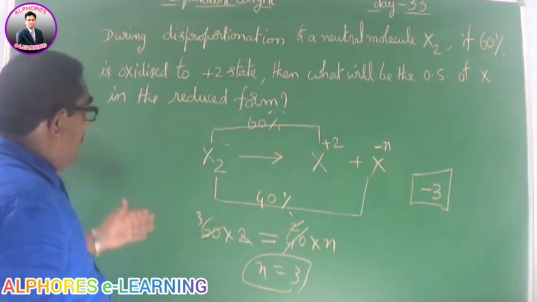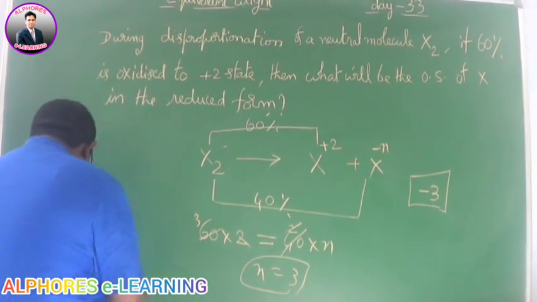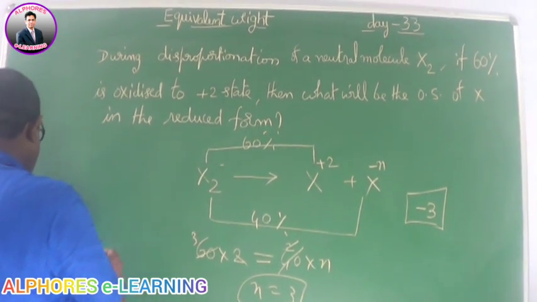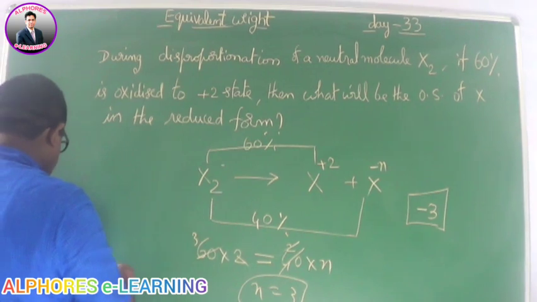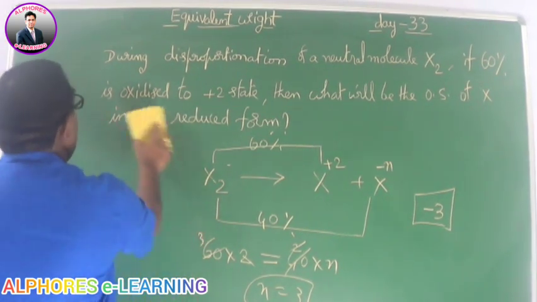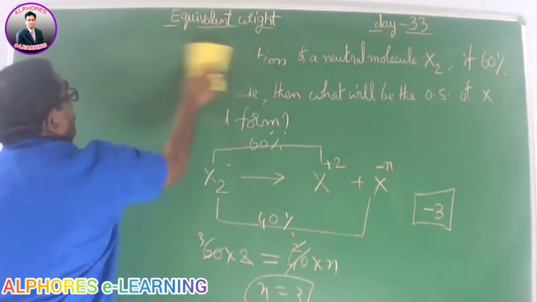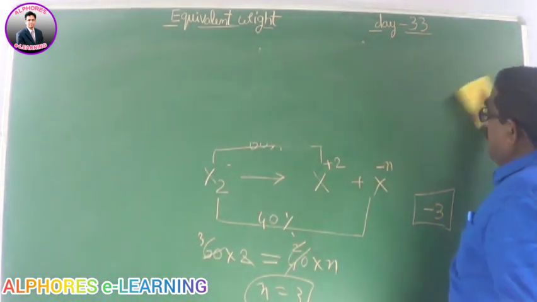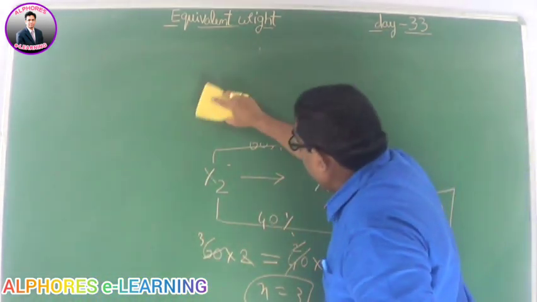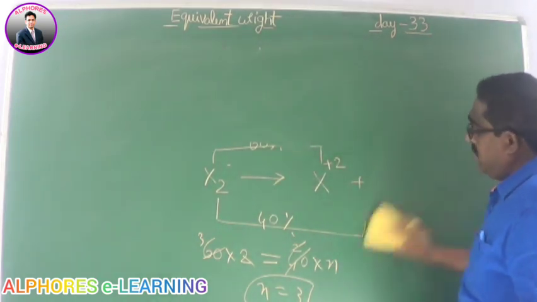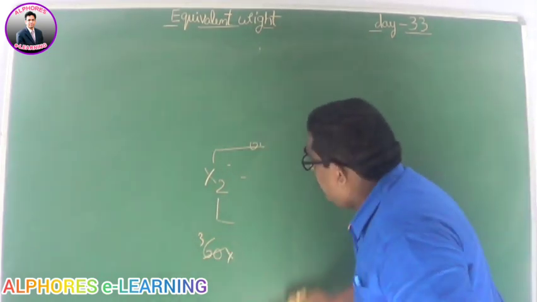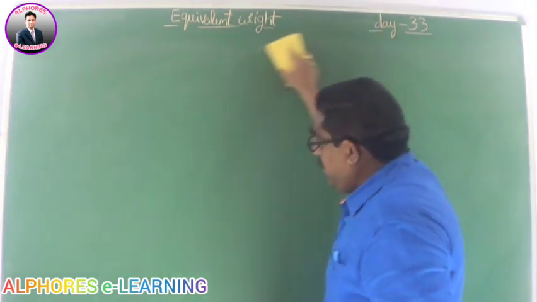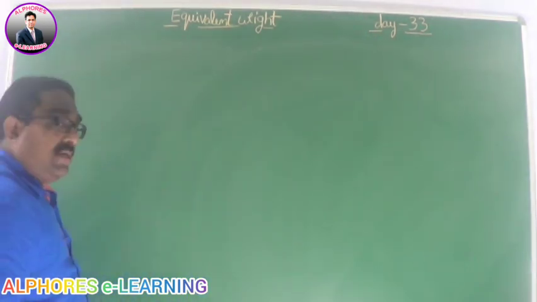So note down this, I will go for the next numerical. Please note down, friends, I will go for the next numerical. Friends, please always write along with me. Don't waste time. We'll go for more numericals. Get ready for the next numerical. Get ready. Write down along with me.